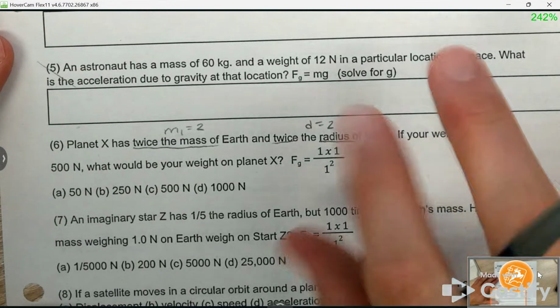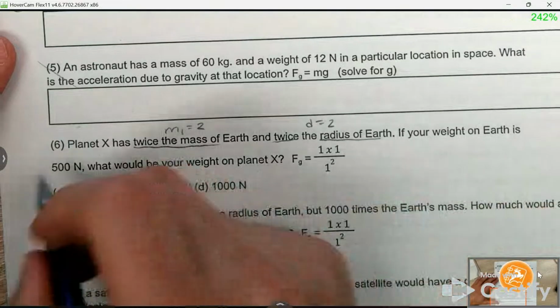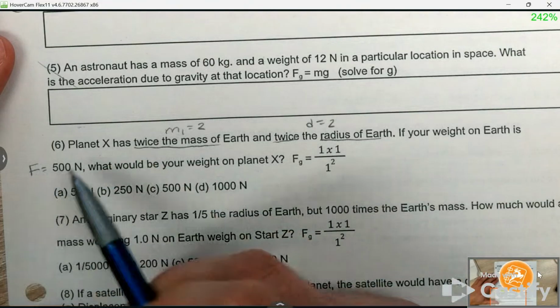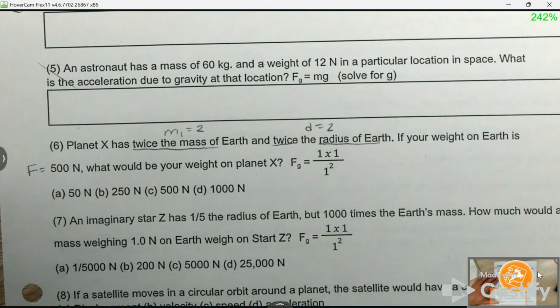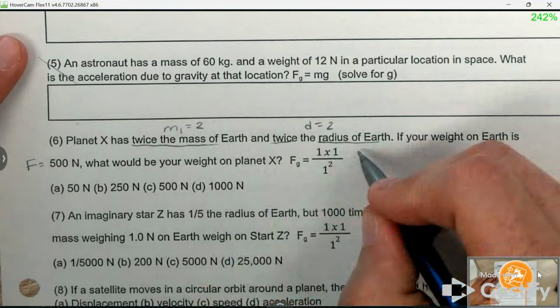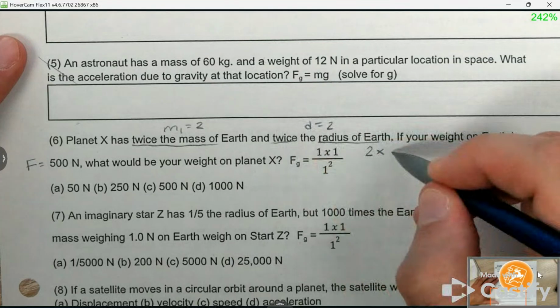We're just going to magically teleport you to this other planet, where your weight on Earth was this. So the force of gravity of you on Earth is 500 newtons. What would your weight be on this new planet? So how do we figure that out? Well, the mass of that thing changed. So the first mass, we would make it a 2. It's got twice the mass. Your mass isn't changing,